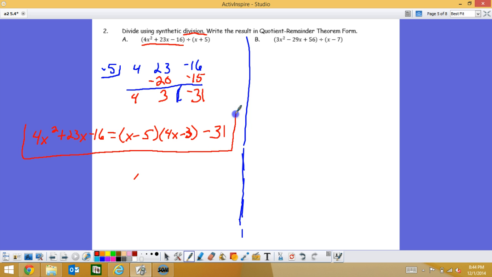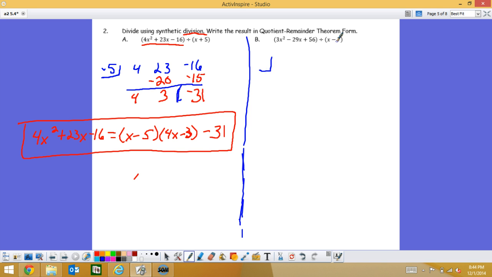Now, if this problem looked familiar, good. We did do it yesterday using long division. And I think you'll find that the synthetic division goes much more quickly. Now for our second one,